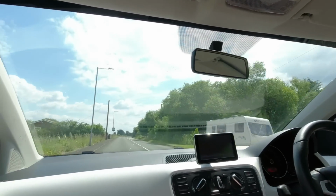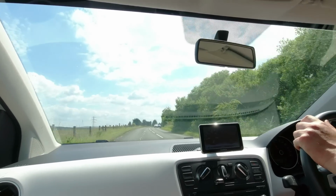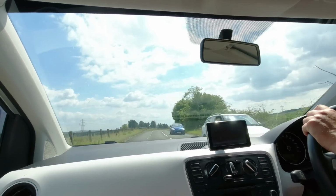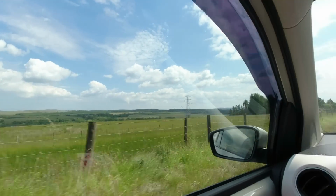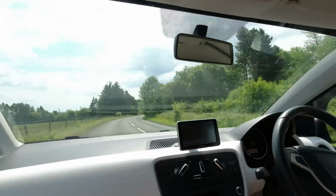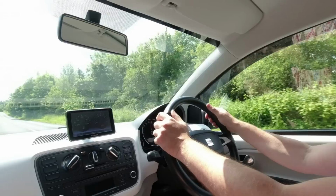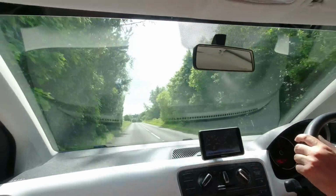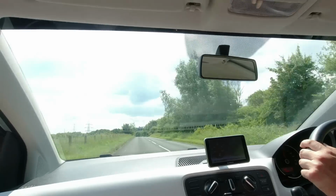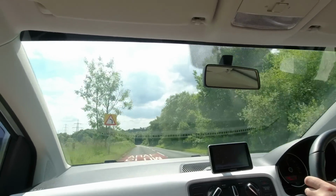Aha! 60 miles an hour. Yeah, that's noisy. It really does not feel very brisk at all. I think the gearing is quite tall. Increasingly common to try and eke out a bit more fuel efficiency, but yeah, this is a really nice car